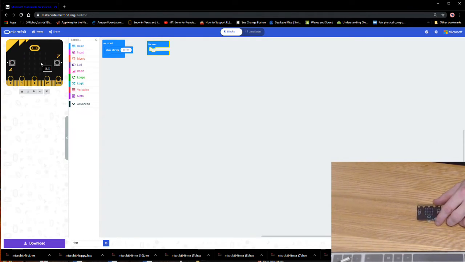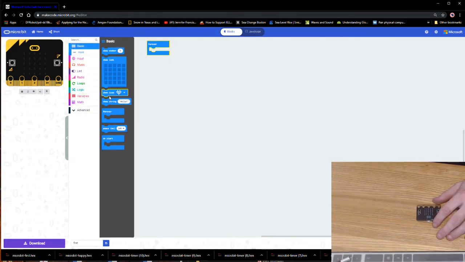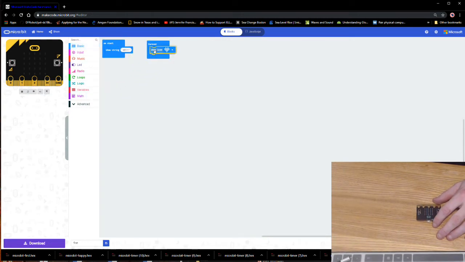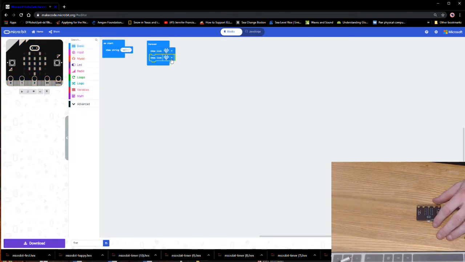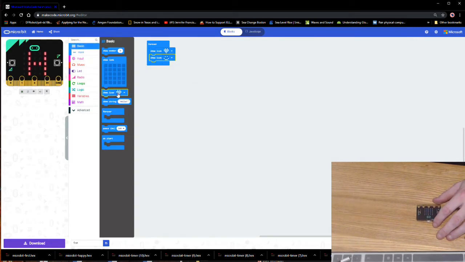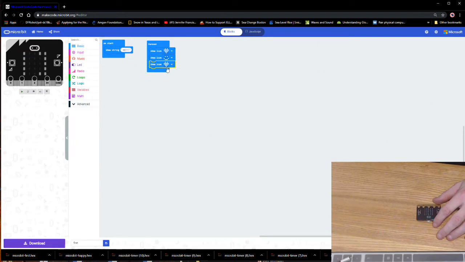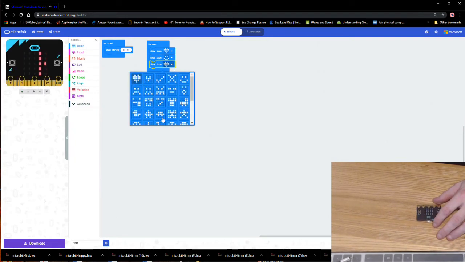but notice it stops. But let's imagine that I wanted to have something that ran forever. So again, I can go back to my basic. I'm going to put an icon in here. So I really like what I'm doing, so I'm going to show my icon of heart. And maybe I really want to do something else. Let's say I want to show another icon, and I want it to be a happy face. And let's do one more. I'm going to show another icon, and I want it to be,